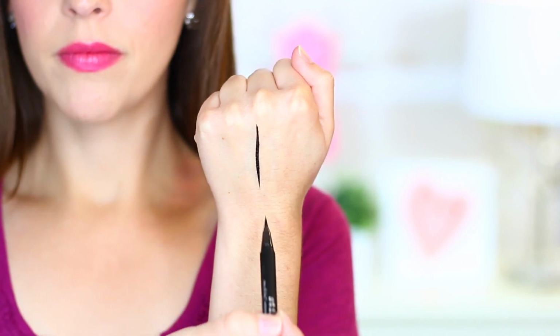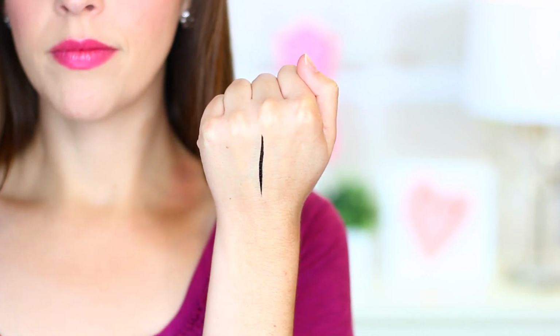As you can probably tell, the color on this is really great. It's nice and opaque and black. And I remember when I got this, because I actually went and got this and then also the Kat Von D one because I was trying out some higher end felt tip liners. And on here, the tip is really, really nice. I like how skinny it is and how pointed it is too. I felt like when I used this, I could create a really nice sharp wing and it was super easy,